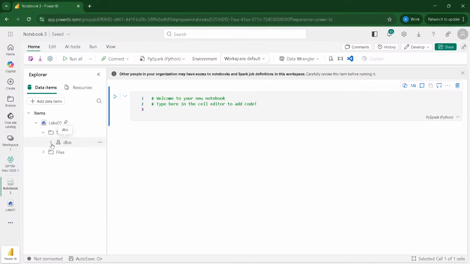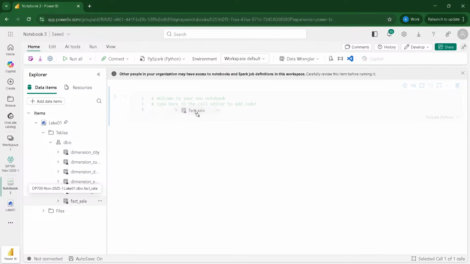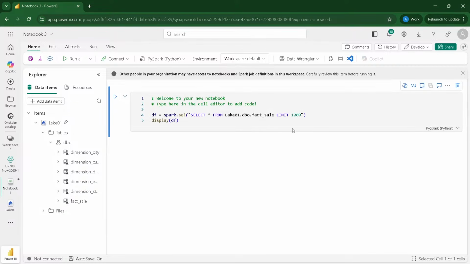So what I'm going to do is tell you how to query the data first of all. On the left-hand side I opened my tables, and inside the tables I opened the schema, and inside the schema I can see my tables. I can drag a table and drop it inside my cell. These are my cells, and it automatically gives me code to query 1000 rows and display them. display(df): display is the function which displays the data. We have many such functions; display is not the only function. We have show, we have head, all these types of functions. Tons of functions are there, but right now we are only going to use